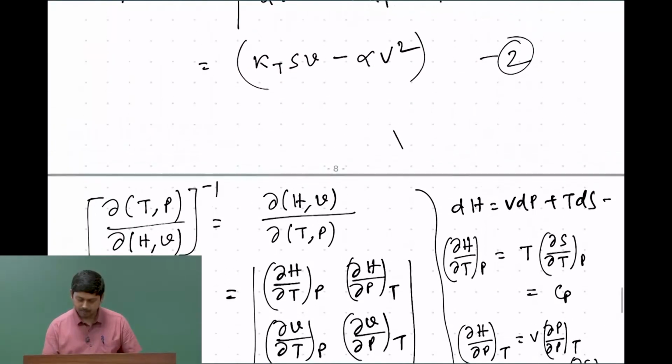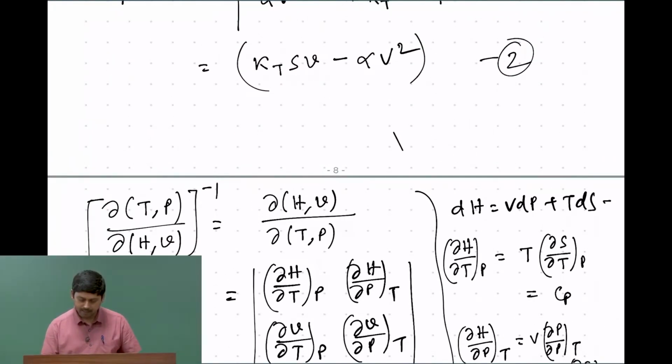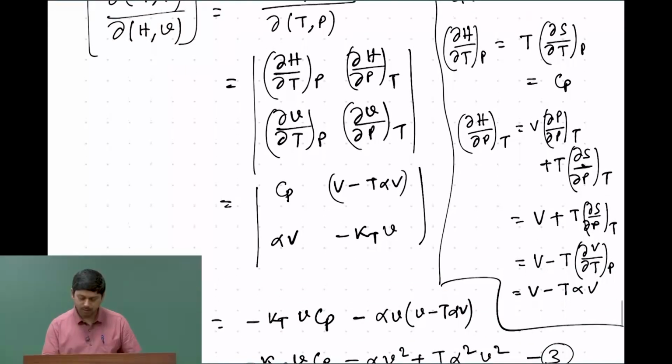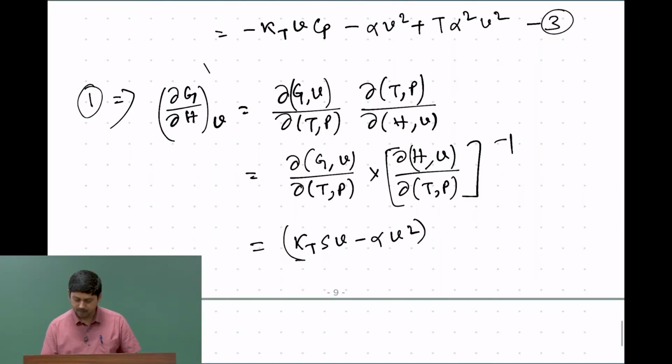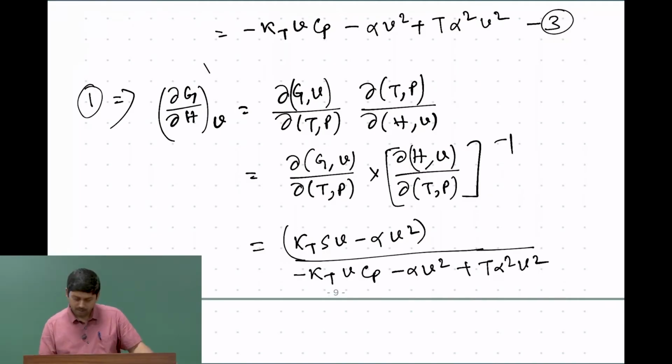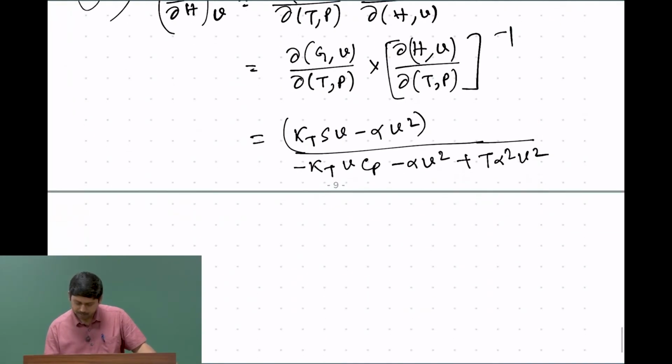And then I have to divide by the whole thing, minus kappa T v C p minus alpha v square plus T alpha square v square, because the quantity that we got, we have to take the inverse of that, and that is the inverse that we got. So, which means,